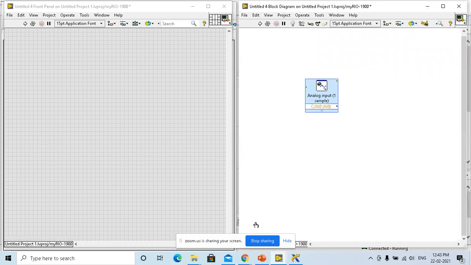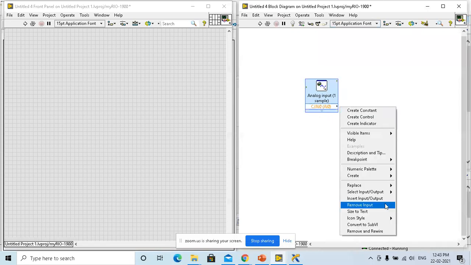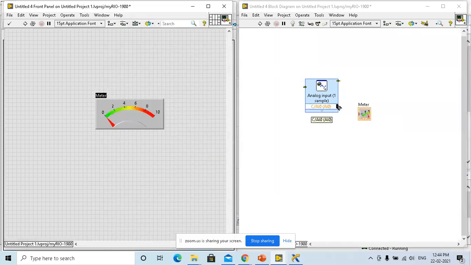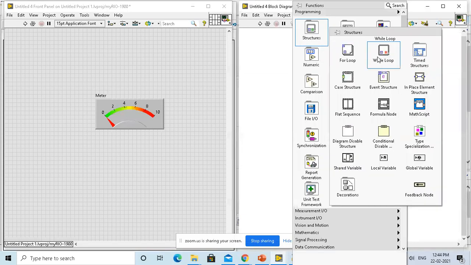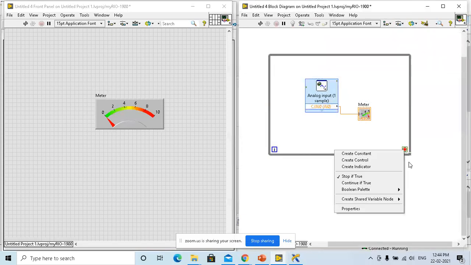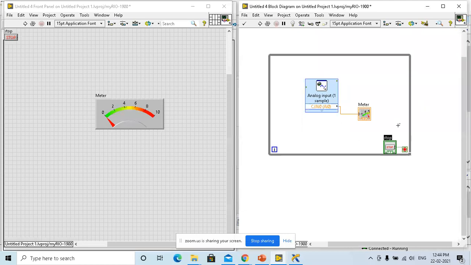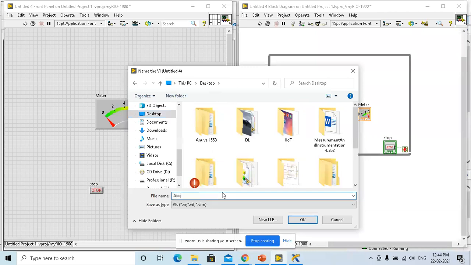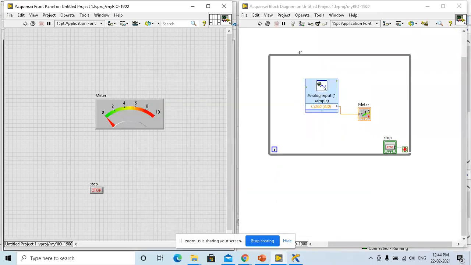Let me finish connecting it. Now I just need to create an indicator. I can either create an indicator from here or here. And I need to do this continuously, so I'll enclose the whole of this inside a while loop. This is how the programming works. And I'll save it as, let's say, acquire, and run.